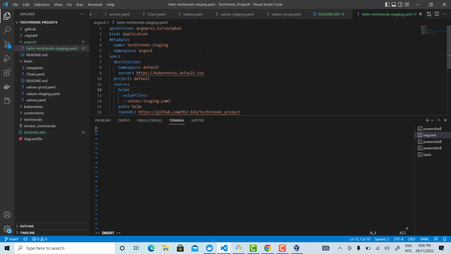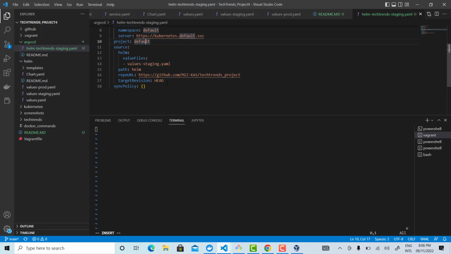So from here, this is going to use the API version of this. The application is kind. The metadata, the name is tech trend staging, the namespace is Argo CD, the namespace that we deploy. This is going to use a destination namespace of default. Server is the Kubernetes default SVC, and the project. Now the source is going to be the value file, values staging YAML from the one that we created here, and then the path is going to be